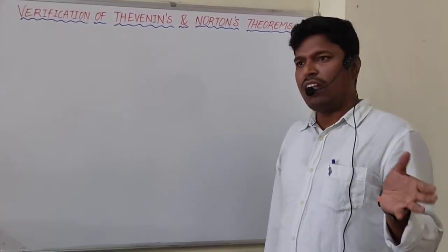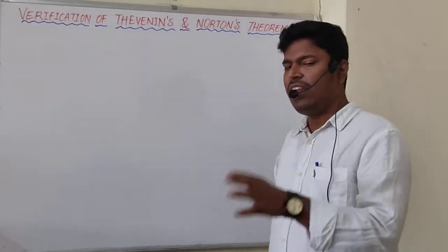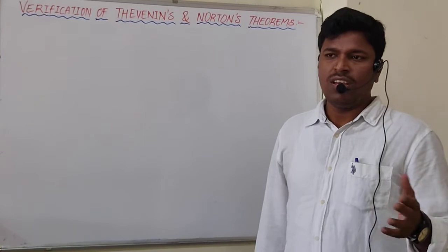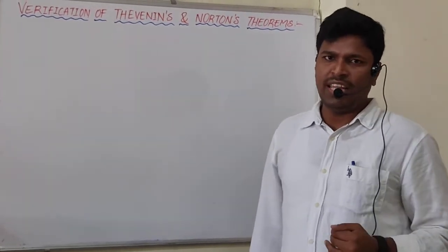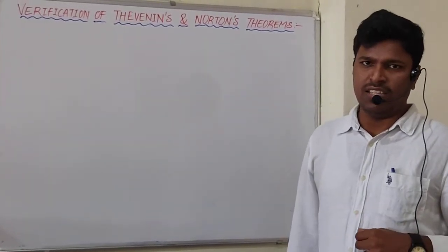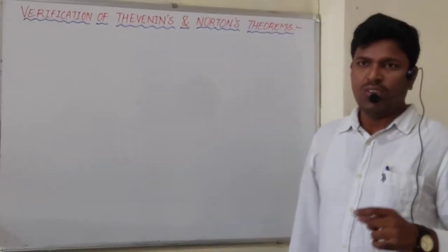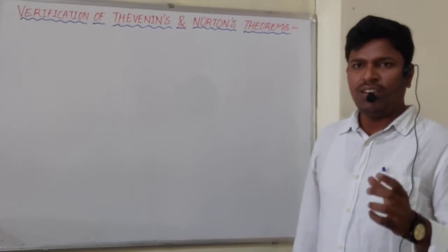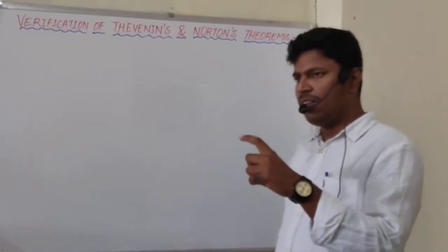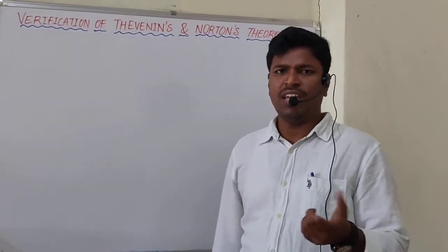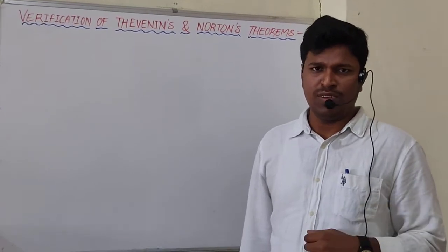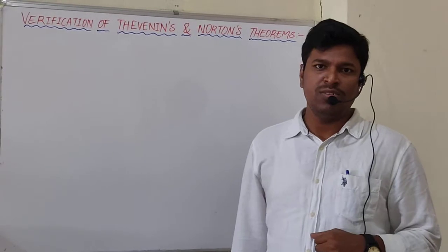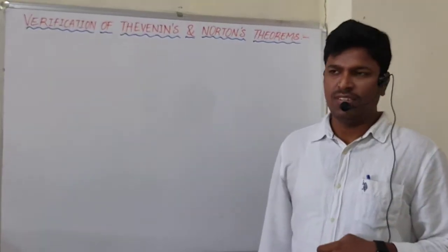So if you convert any network into Thevenin's equivalent, generally Thevenin's equivalent consists of a source VTH in series with the resistor RTH and a load resistor. So if you convert any big network into that small network, at any load variation, we can calculate the response very easily. Means mathematical labor work is reduced by these theorems, right?